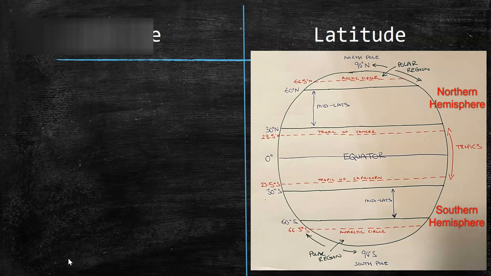Then we're looking at the mid-latitudes, the tropics, and the polar regions. The tropics are in between the Tropic of Cancer and Capricorn, so around the equator. And then the mid-latitudes are generally between 30 to 60 degrees north and south. And also the polar regions are generally above the Arctic Circle to the North Pole and the Antarctic Circle towards the South Pole. So these areas divide the Earth into three main sections, and it's all based on the solar insolation, the concentration of sunlight that we receive,